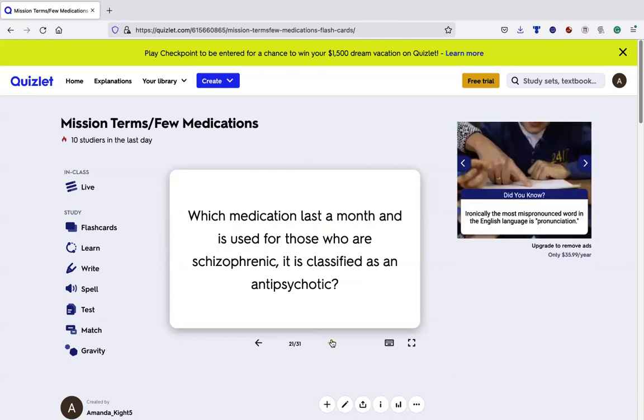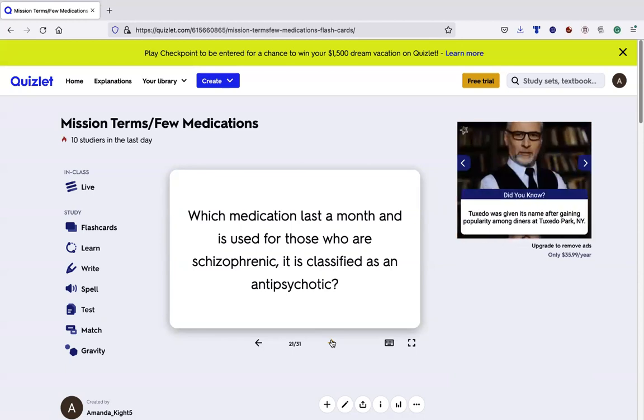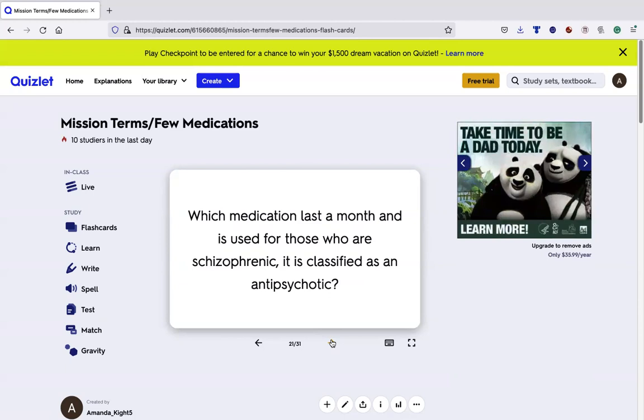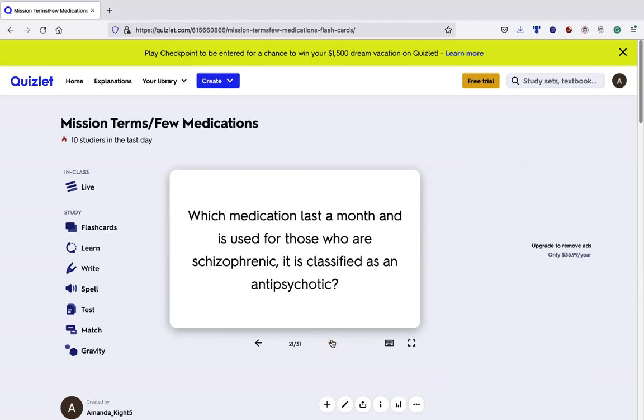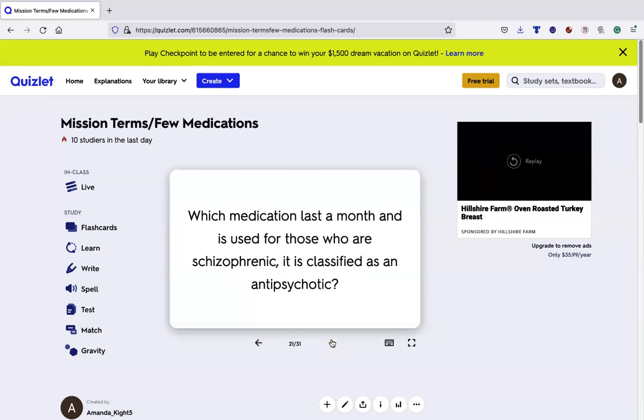So that would be compliance. And if we can give a patient an injection and hopefully make them feel comfortable enough to get it, then they don't have to take the medication, and compliance is going to be much, much better. So again, Invega lasts either 1 month or 3 months, depending on which one you get. I will not ever confuse you on a quiz or a test. I will be very clear, and I would never put, is it 1 or 3 months or something like that? It would be clear.